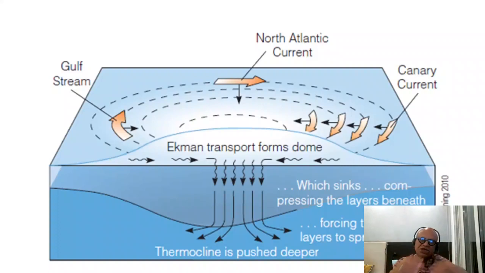So there is a bulging in the middle, and that's shown here as the dome that is formed by Ekman transports. And there is a convergence because water is coming south here, going north here. They are meeting in the middle. The thermocline is being pushed down, which means the surface is doming up. And you have gravitational flow down the dome, with Coriolis acting on it and producing geostrophic currents. And then there are weak eastern boundary currents and the narrow, deep, fast western boundary currents,